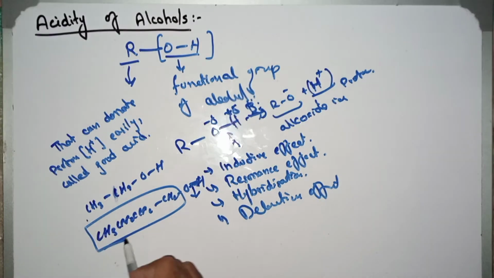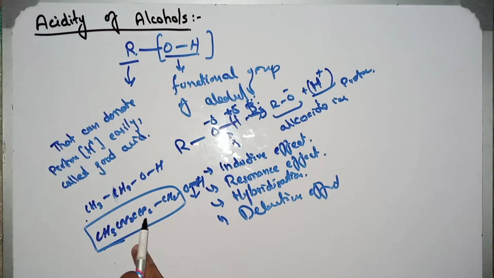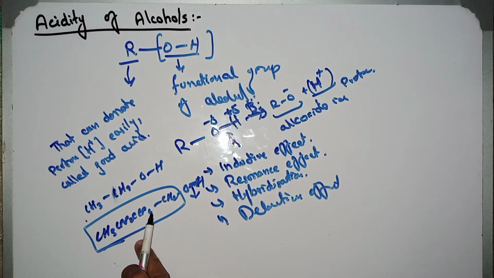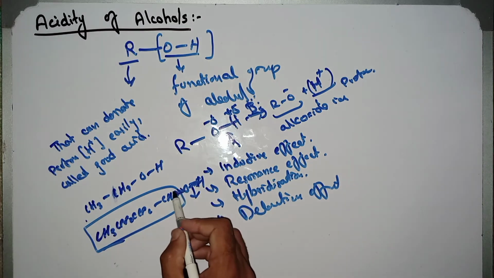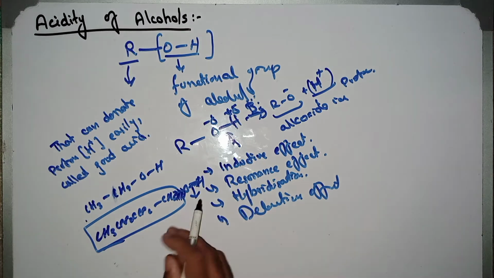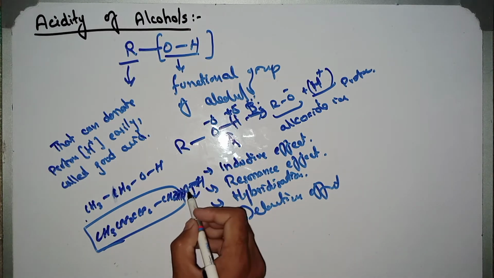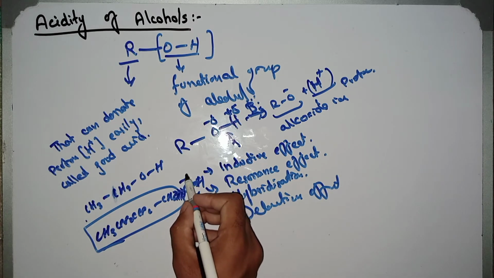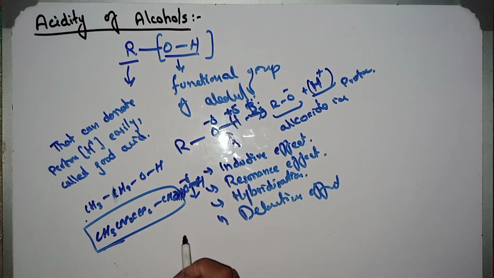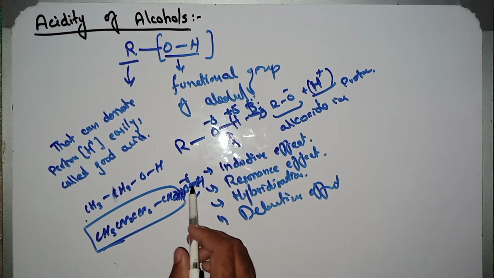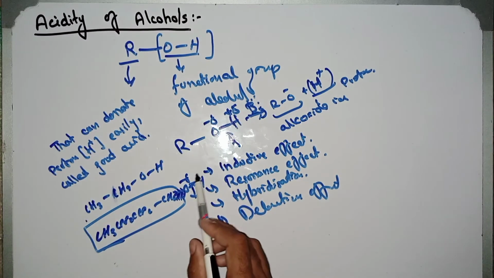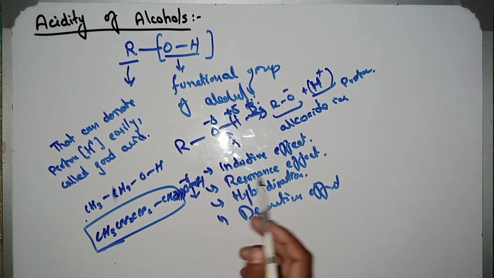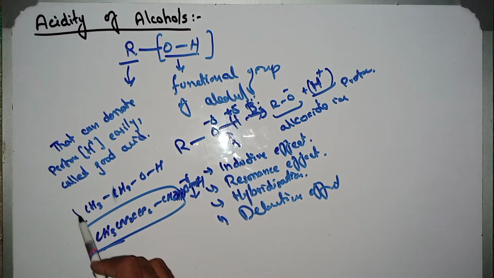In case of a greater number of alkyl groups, the greater the number of carbons and the longer the chain, it will increase the electron donating tendency toward the oxygen atom. So that's why the density of electrons increases on the oxygen. It means that in this case the hydrogen cannot be removed easily as a proton, while in the case where there is not a long chain,